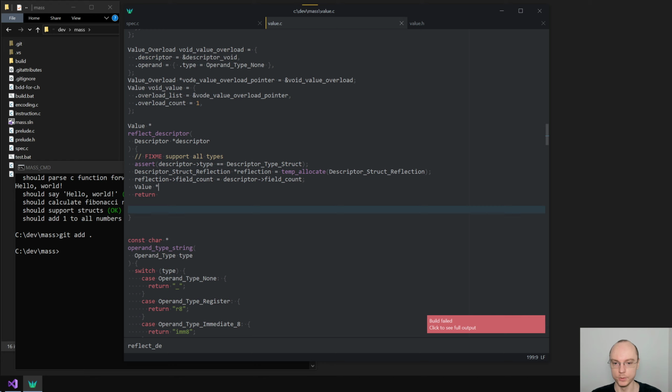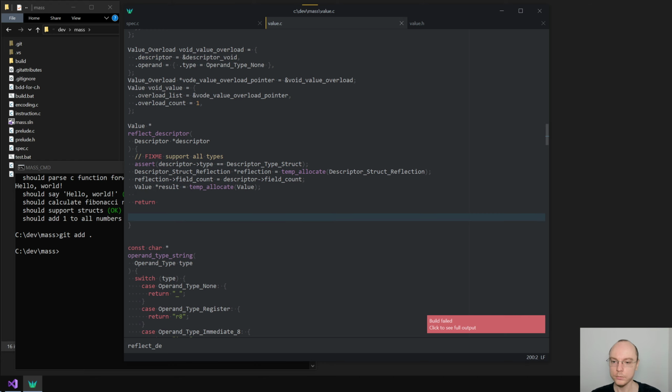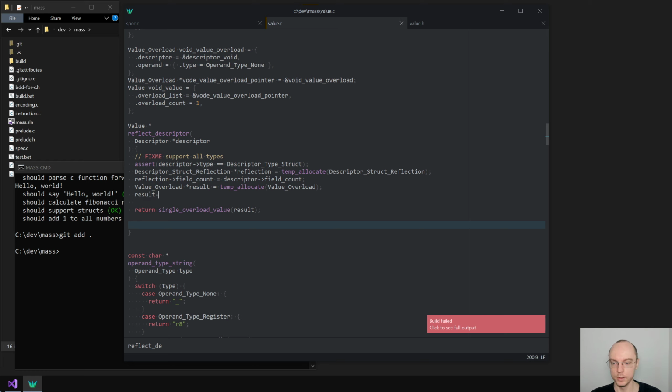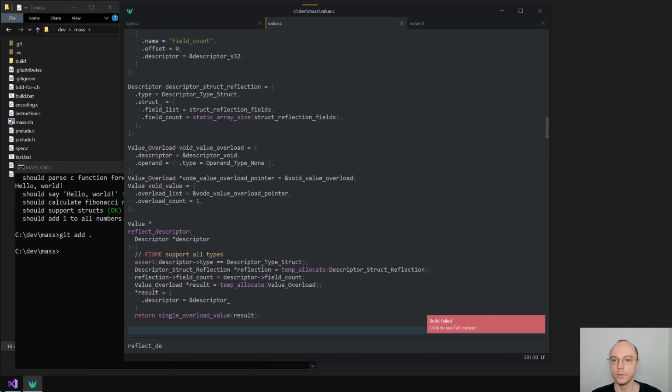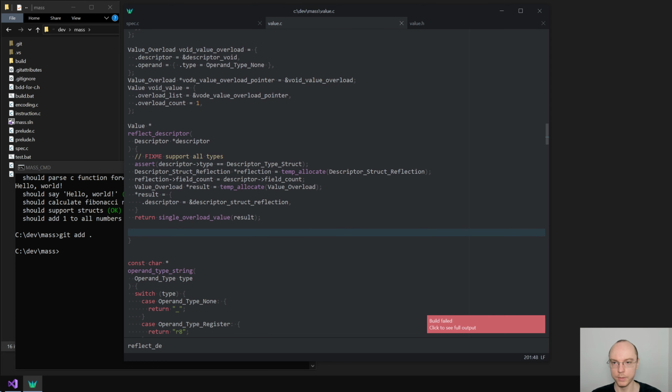So we say value star result is temp allocate of value, or let's do value overload, and we just wrap the overload in our regular function. So single overload value of result. Okay. Results. Now we need to shove some things into result. The first thing is the descriptor of this will be descriptor type, descriptor struct reflection. So the returning value will be whatever this is, and operand